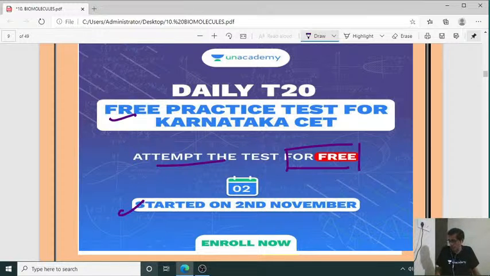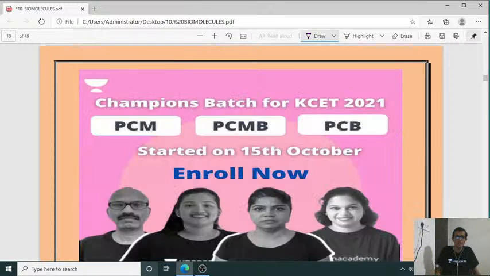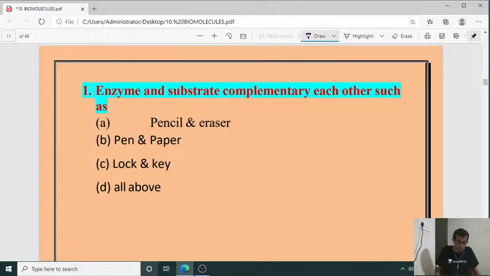Okay, so by this brief introduction, now I am entering into the discussion of questions under this biomolecule chapter. So welcome to all, very good evening to all. Saurav Patil, Manohar, welcome, namaste. So the first question of this biomolecule is: enzyme and substrate are complementary to each other, such as